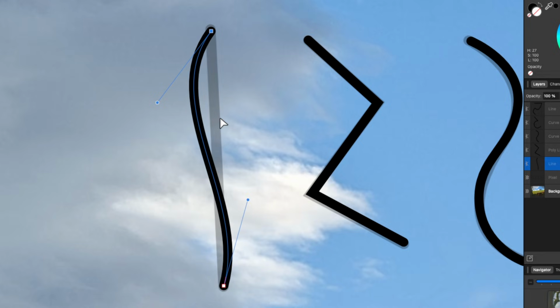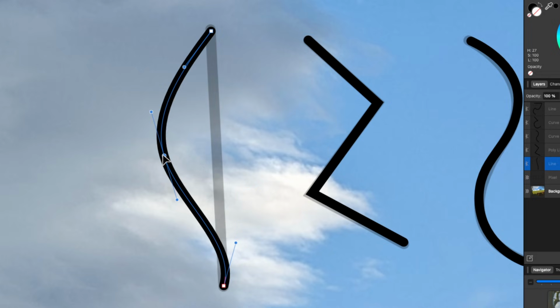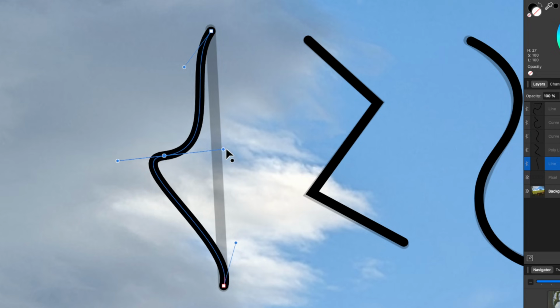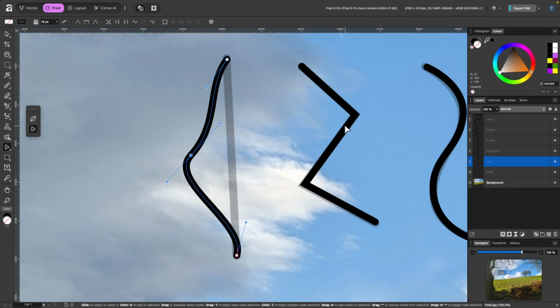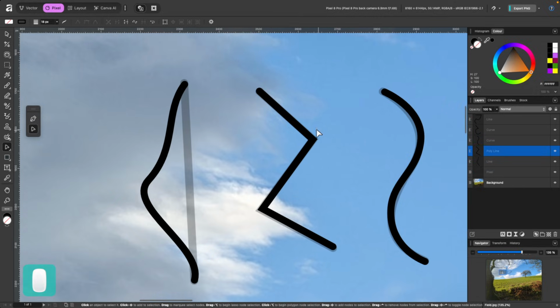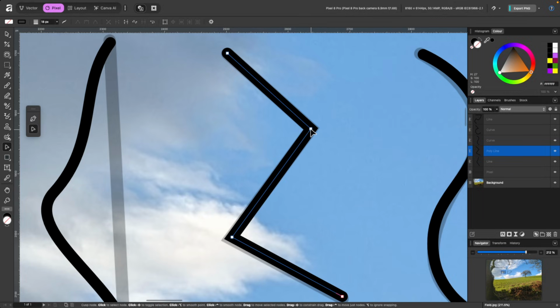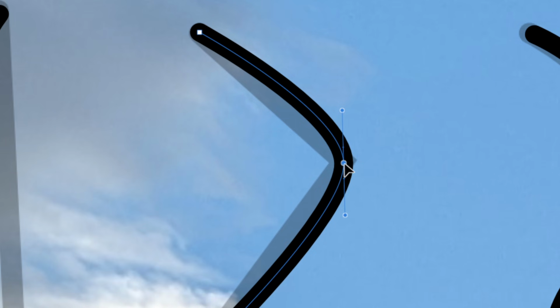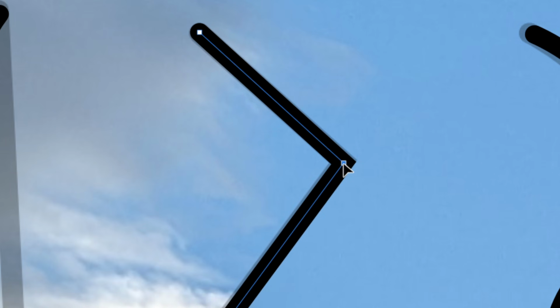With the node tool, you can also add more nodes onto your stroke. So right here, I can click once, and you see now I have a new handle that I can also manipulate further. Okay, with the node tool, I'll just select my next shape. So another thing you can do, this is a sharp node here. I can convert this to a smooth node just by double tapping. So I'll double tap on the trackpad. It's a smooth node. I'll double tap again and it's a sharp node.